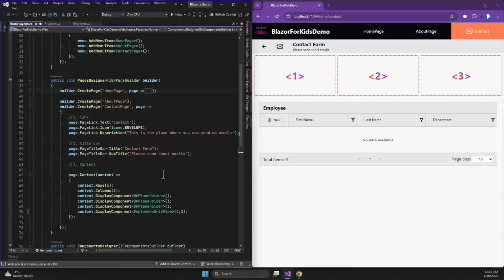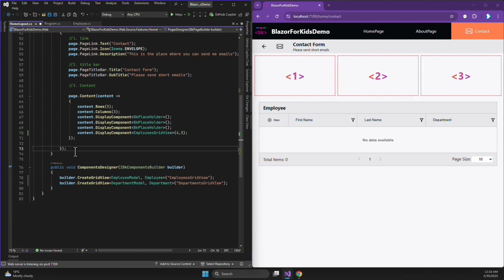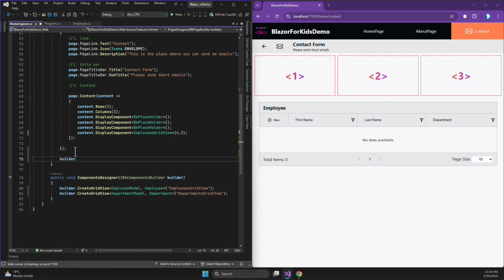Let's create the page for it. Builder, create page, department page,